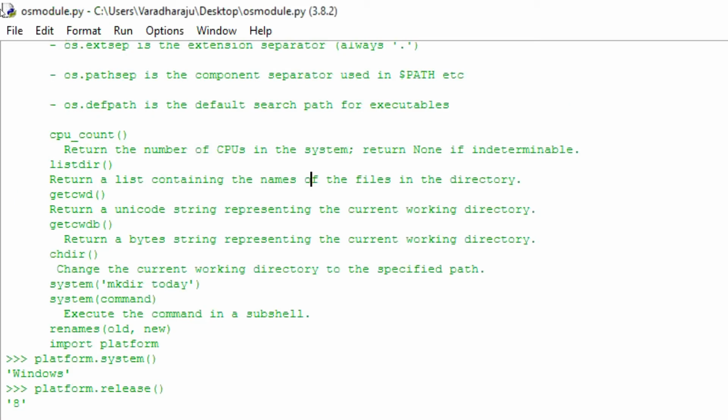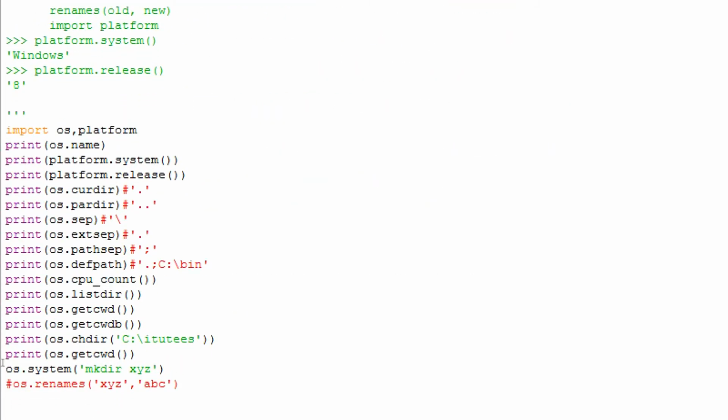Now we are going to see the execution of the os module. How are we going to use it? First we import the os module. os.name gives posix or nt. To print the operating system, we use the platform module: platform.system and platform.release.